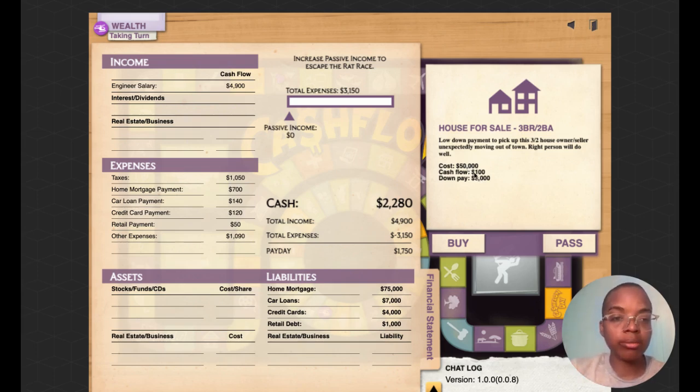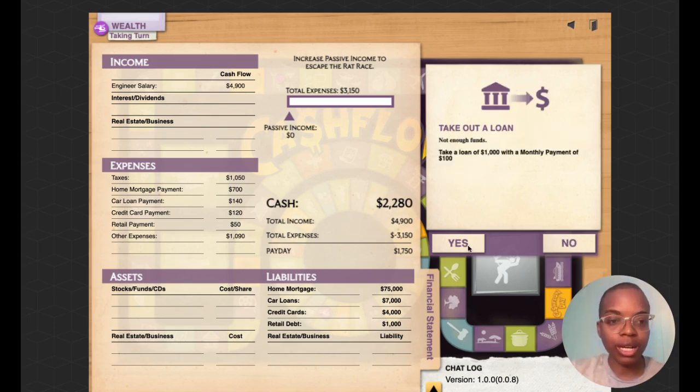So the cash flow is $100. The loan would be $100. So I break even essentially when it comes to the cash flow. And I think for this purpose, I'm going to buy this because, again, because I played this game, I know there are some other hacks in the game. I'm going to buy this just because I'll break even and show you all if this card does come up, what could happen. So I'm going to go ahead and buy.